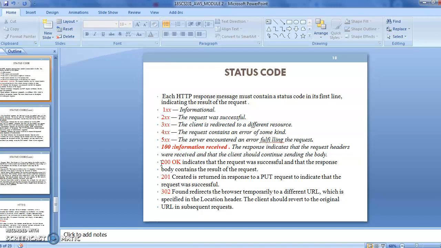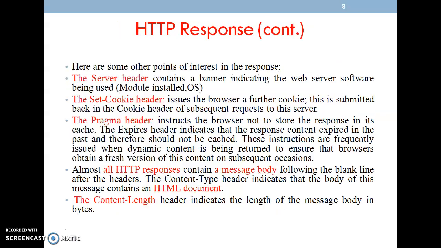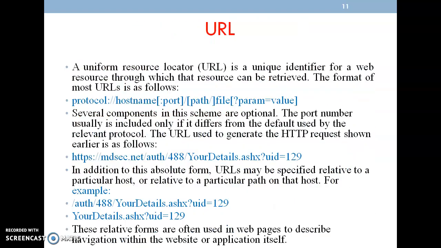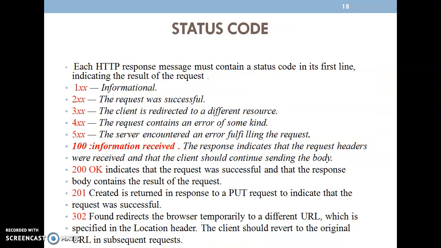We might have observed that while communicating with the server, we obtain different kinds of numbers, like 404, which indicates that information is not found. For example, if I am asking for bldc.ac.in slash IT, the IT branch is not there in our college, so at that time we will get a not found response. Whatever request I'm sending, that information is not available in the server, so we get request not found.